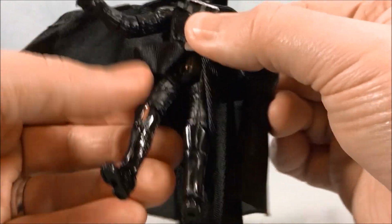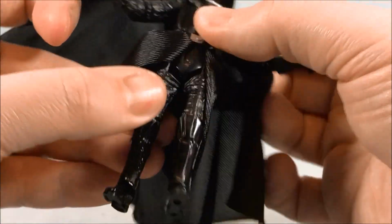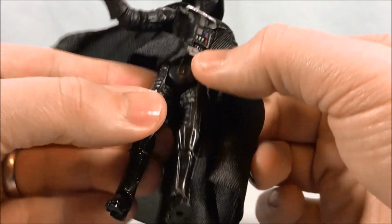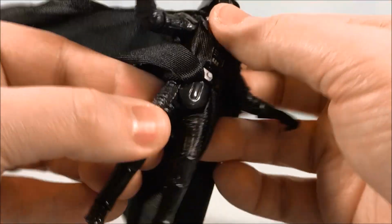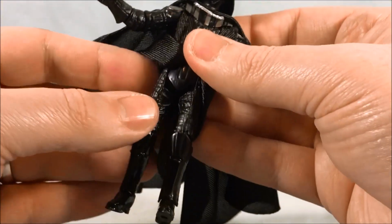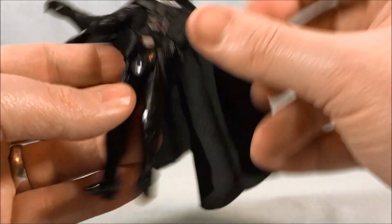For the leg, he can kind of kick backwards. He's almost got like a front butt skirt, as you can see, which is usually in the back. But see how far back he can kick backwards? It's weird. Also, he can't go out to the side, so it is the Hasbro